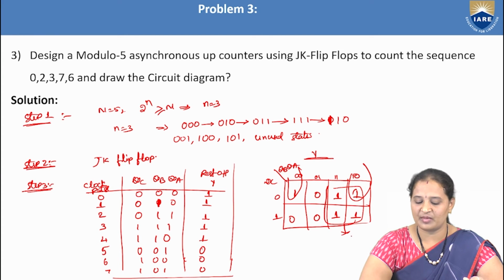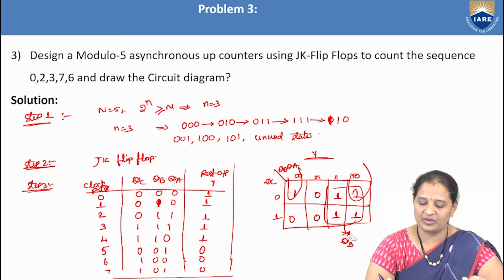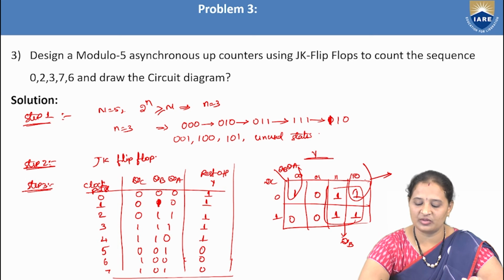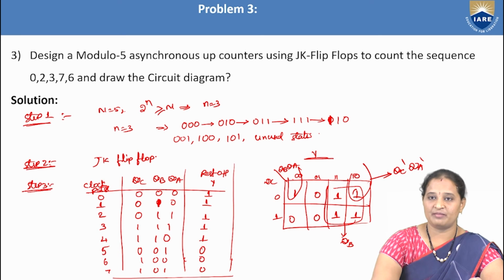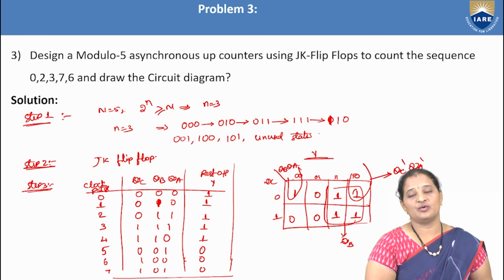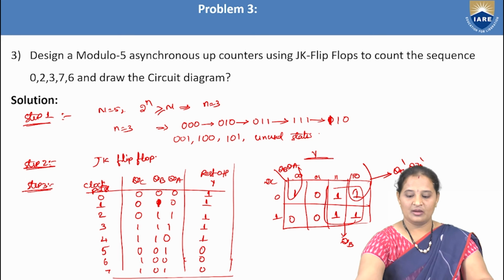So what is the prime implicant for the quad? As QC is varying, eliminate QC, whereas QB is common. QB is common, which is 1, and hence I'm taking it as QB. Now coming to the pair, the prime implicant for this pair: QC is common and it is 0, so QC complement, whereas QB is varying, eliminated, and QA is common, which is QA complement. So Y equals QB plus QC complement QA complement. So that is the equation.